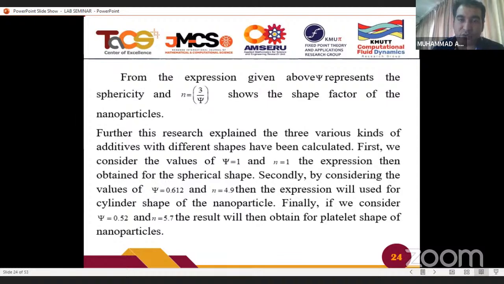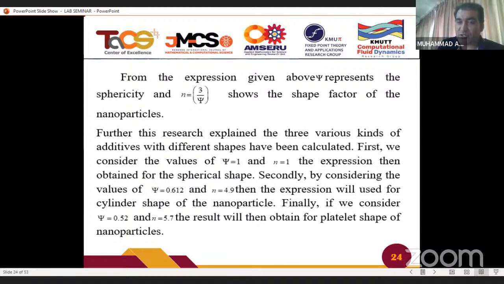First, we consider the values of psi 1 and n1, so the expression obtained is for spherical shape. Secondly, by considering the values of psi 0.6 and n 4.9, the expression will be used for cylindrical shape. These are some theoretical results, which by putting in the main definition, we get some numeric values, and